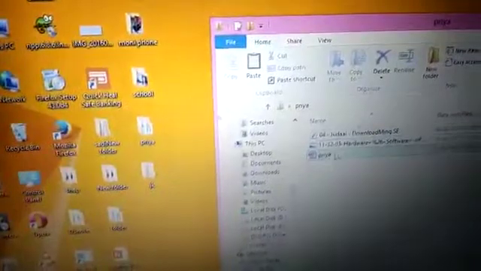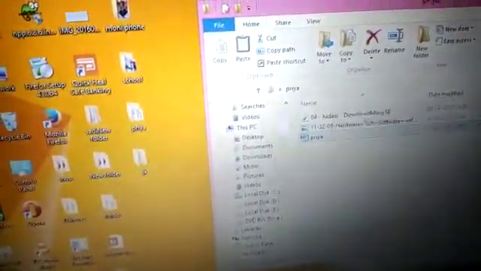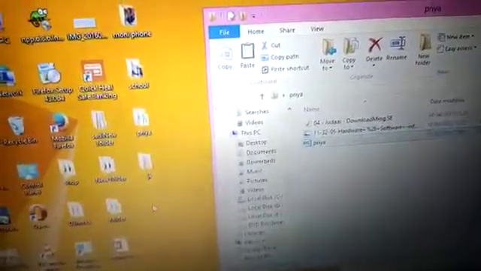So let's see how we can use copy and paste and cut and paste. First, if I want to copy anything, like I want to copy this document, right click, there's a copy option, copy, and then wherever you want to paste.